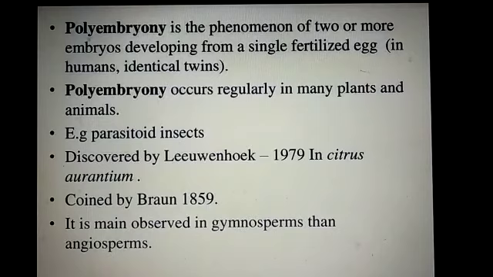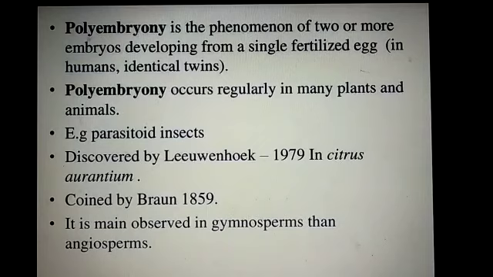Actually, students, when we read the structure of ovules, nucellus cells are present. Sometimes, in the embryo sac where the egg is present, other than the egg cell, nucellus cells also enter into the embryo sac, and because they are already diploid, without fusion they behave like a zygote and form embryos. So these cells which enter into the embryo sac form so many embryos.